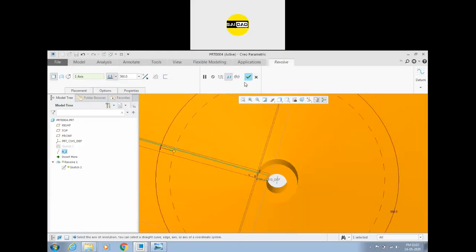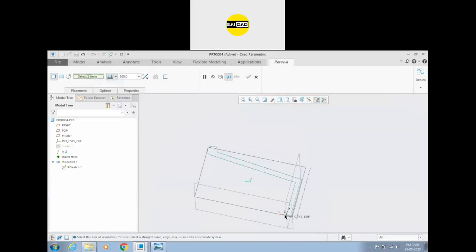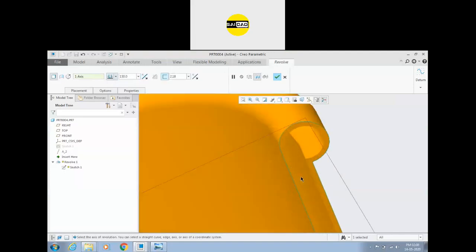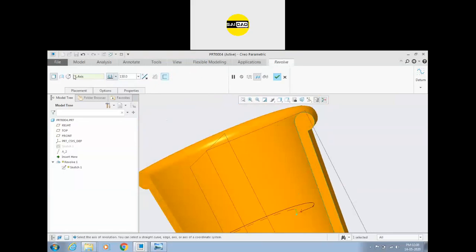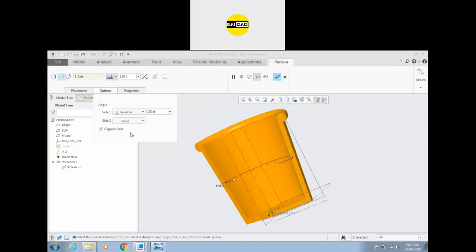Clear? Any question in this revolve till now? Okay. So next is the axis of rotation. The rotation angle will be selected from here. Okay. So to click the direction, you can click here. You can create a thin feature with a thin feature value like this. It will be hollow from inside, and you can select the surface, and there is the option. You can cap the ends, you can close the ends, or you can use the value from here also.